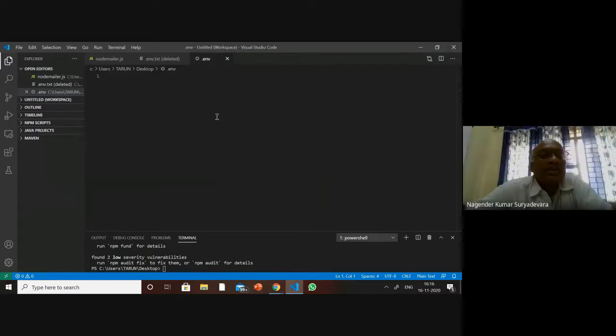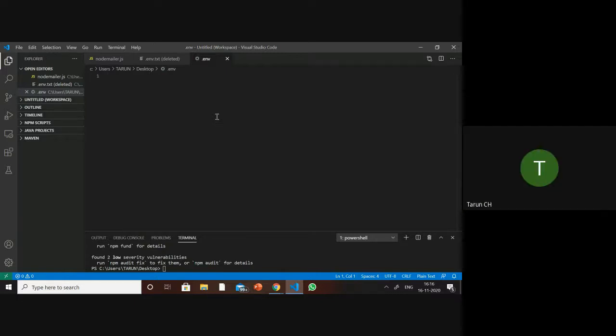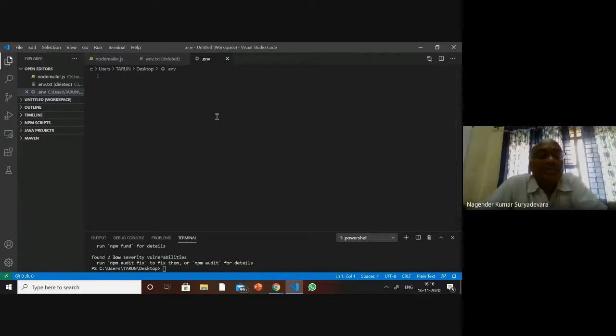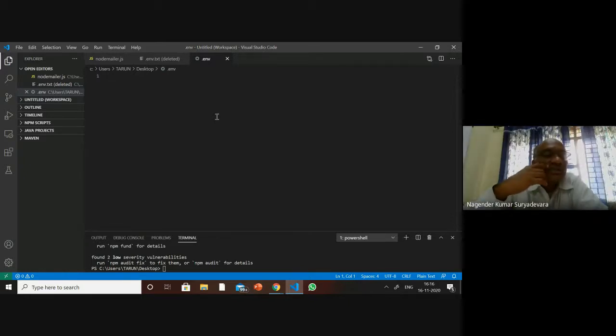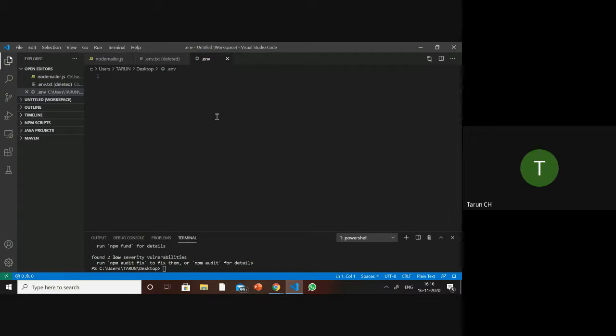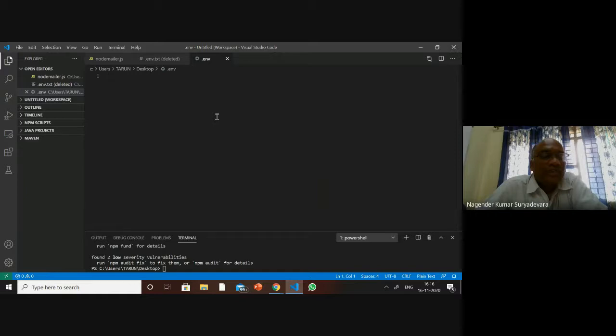See, now it is changed. What does the .env indicate? What does the dot file indicate? I get it, sir. We'll store the environment variables. Of course, you are installing the environment variables, but what does that dot followed by the extension indicate? What does that file denote? I don't know. Okay, forget about other things. In your Windows environment, if a file name is with a dot, what does it indicate?